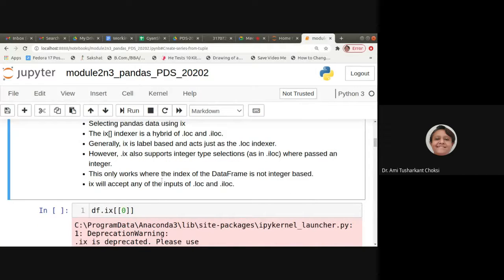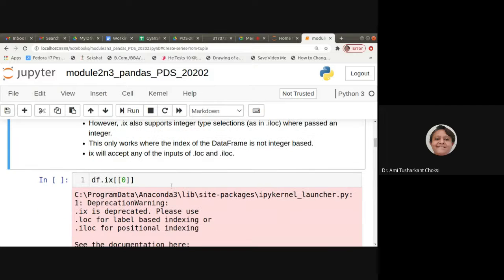This only works where the index of the data frame is not integer based. So IX will accept any type of input, that is, we can say LOC or ILOC, right? So let us check it out.